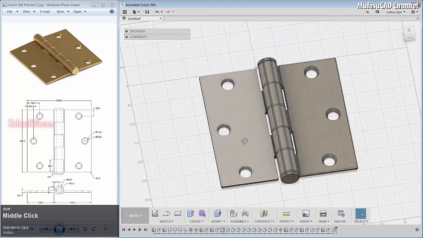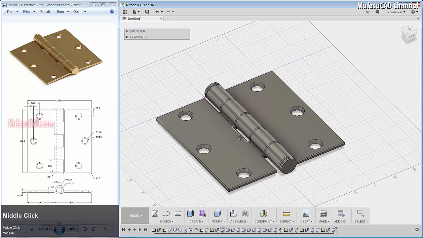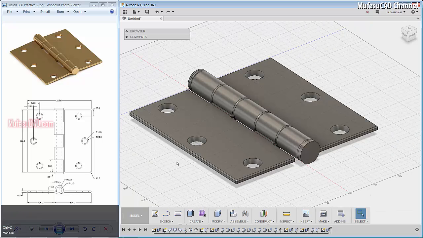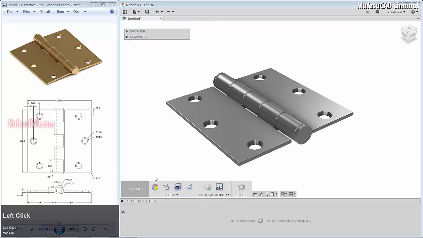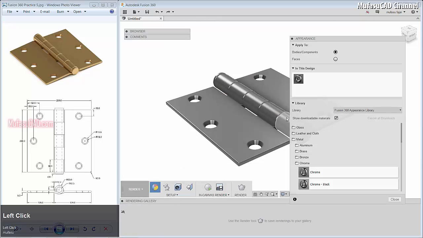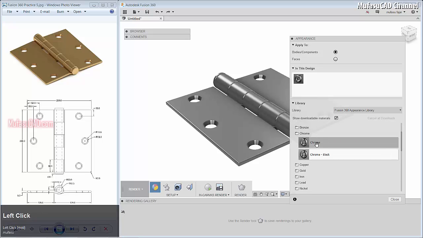Okay, and we create the object here, and I will apply material. You can click model here and change to the render here. I will select the branch and choose the material about chrome here. I will select this object, and then this object.